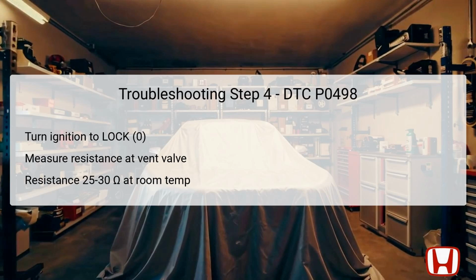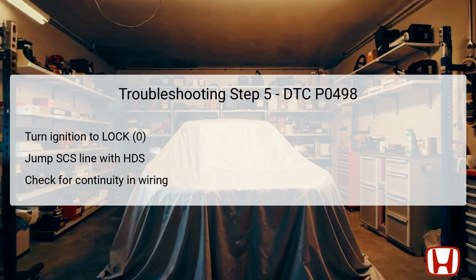Should the measured resistance fall outside this range, it signals a need for replacement of the vent shut valve, which may be malfunctioning and impairing the operation of the EVAP system. Following this, a repair verification step would be necessary to confirm the valve's suitability before moving to the next troubleshooting steps. Step 5 focuses on checking for any short circuits within the wires linked to the EVAP canister vent shut